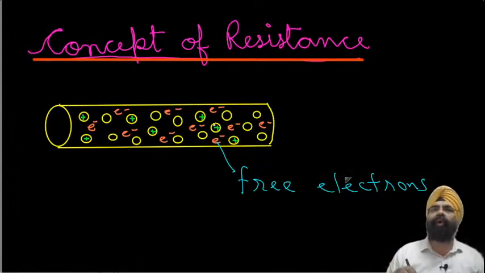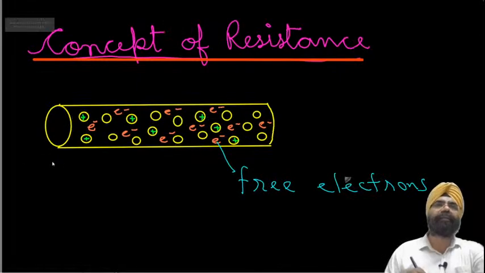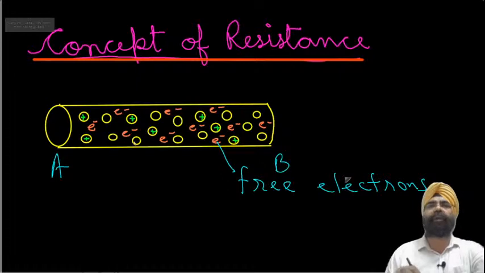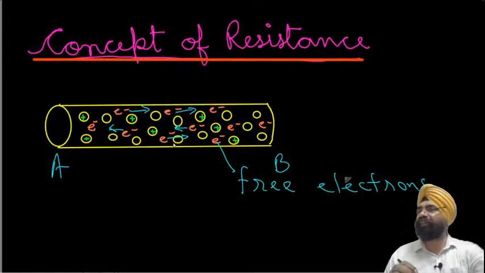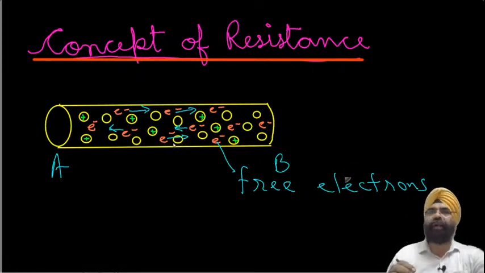So when there is no potential difference applied across these ends, this is A and this is B. There's no potential difference applied across A, B. So what happens? Some electrons are coming this side, some are going this side. Similarly, this is coming this side, this is going, all of them are moving in haphazard directions. So they are moving, but there is no current,